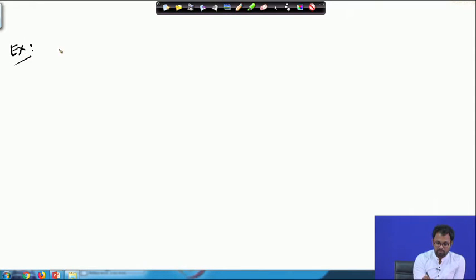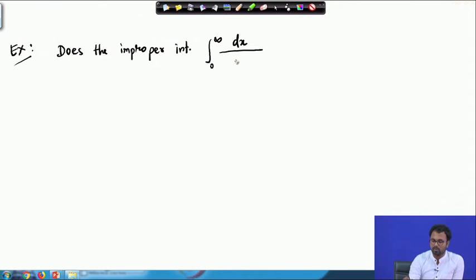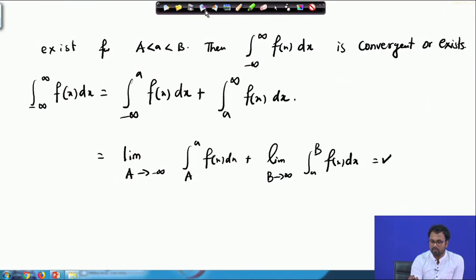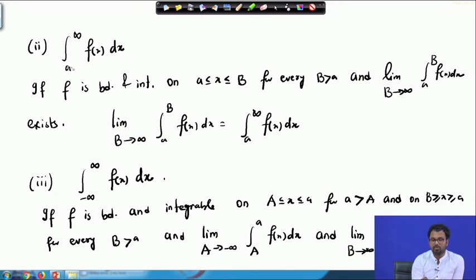Okay. So, the very first question is, does the improper integral from 0 to plus infinity dx by 1 plus x square exist? So, of course, it is an improper integral because you have the upper limit as infinity. Now, if the upper limit is infinity, then it falls into the definition 2 criteria, and therefore, we know that